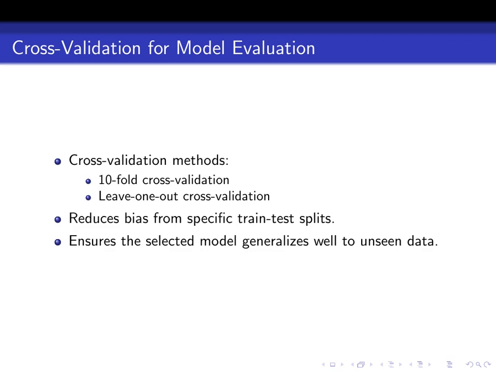Cross-validation plays a crucial role in evaluating model reliability. Methods like tenfold cross-validation and leave-one-out cross-validation help ensure the model generalizes well to unseen data. These techniques minimize the risk of bias introduced by a single train test split and provide a more robust assessment